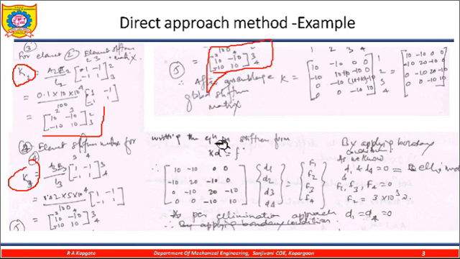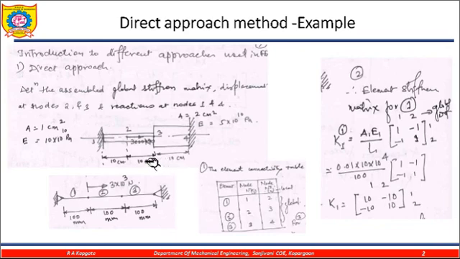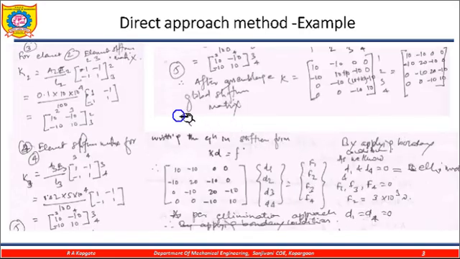So this is my equation. Once I am getting the 3 element stiffness matrices, I need to assemble them, because these are the calculations for link 1, link 2 and link 3. This we have calculated here. So once we have calculated all these element stiffness matrices for link 1, link 2, link 3, we need to go for the assemblage.